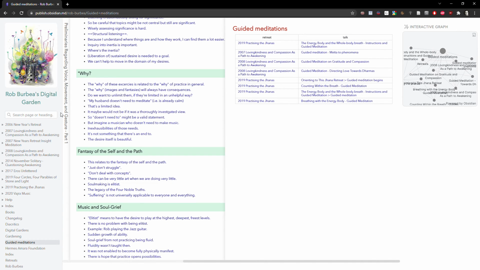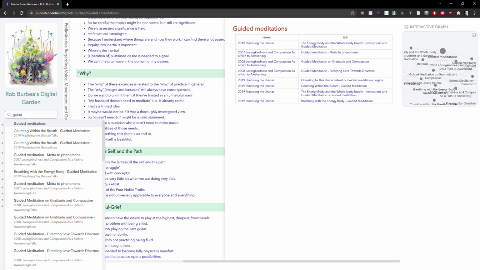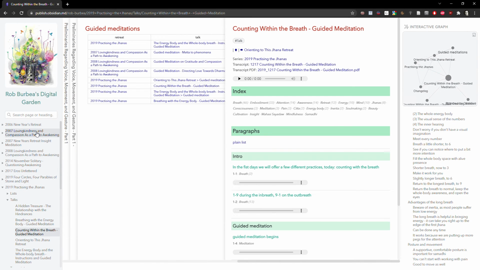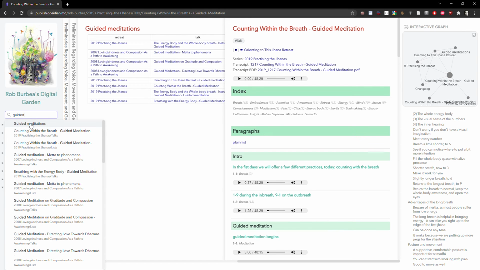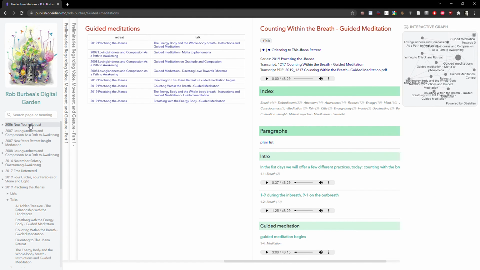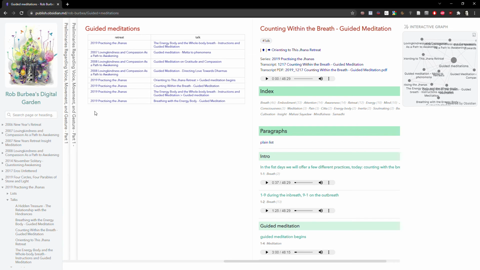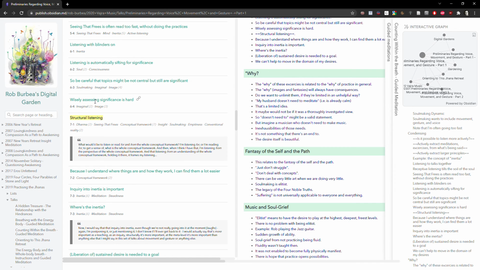And if I want to, I can also say guided meditations, let's say counting this one here, and so you can also use the search page to actually show where something is, and then click, and there's a link behind it, and it goes to the particular page. And lastly, let's go back to that one and just open